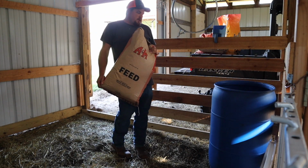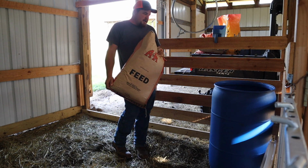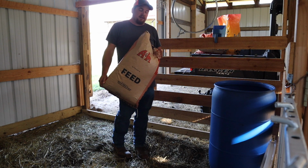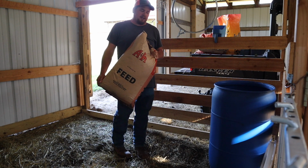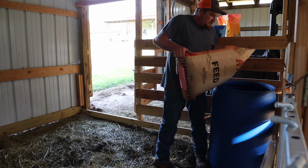Alright guys, so this 55-gallon drum here that I got, it's a plastic one with a lid, and the lid does lock on it, but I don't need it because I got it in the stall that the goats can't get in. And the way I like to do it is,